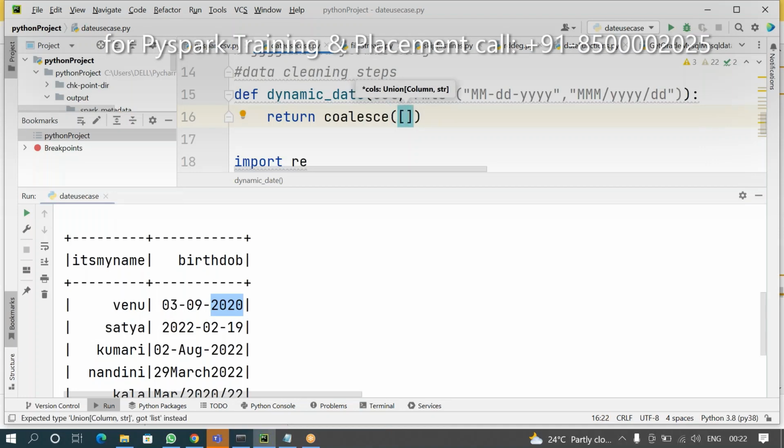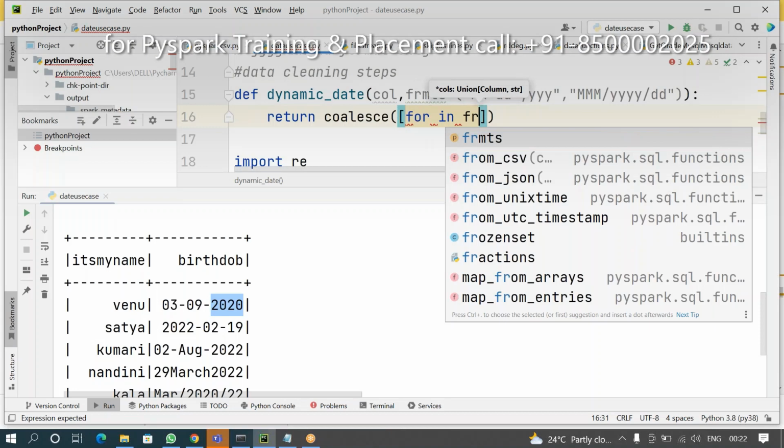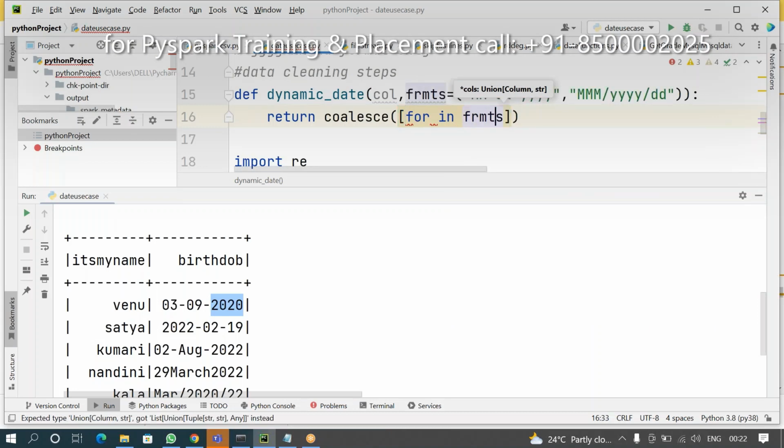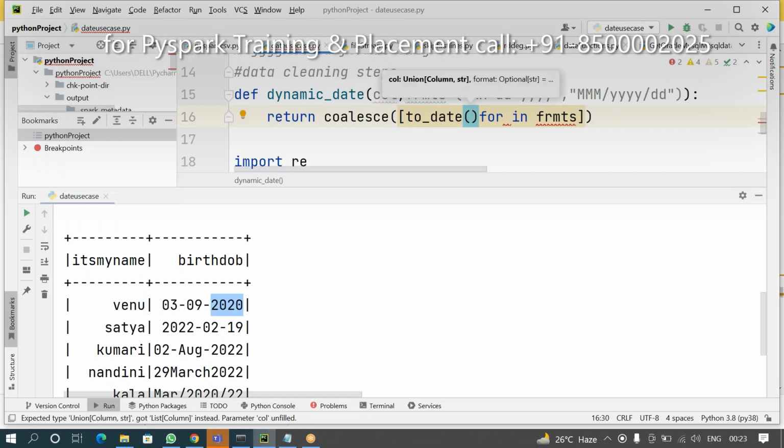How? For i in format, next what happened, to date, column 1, column i.